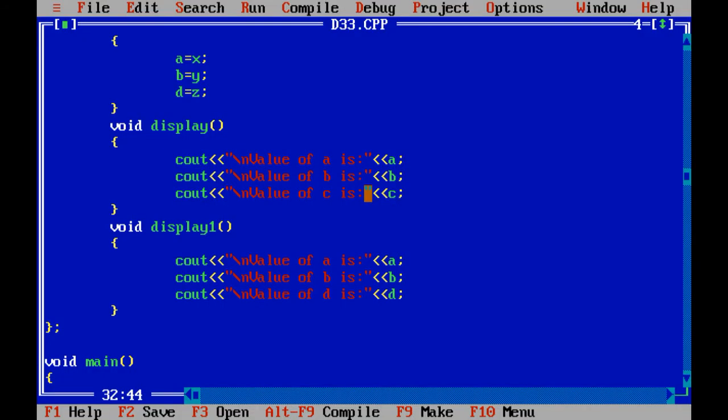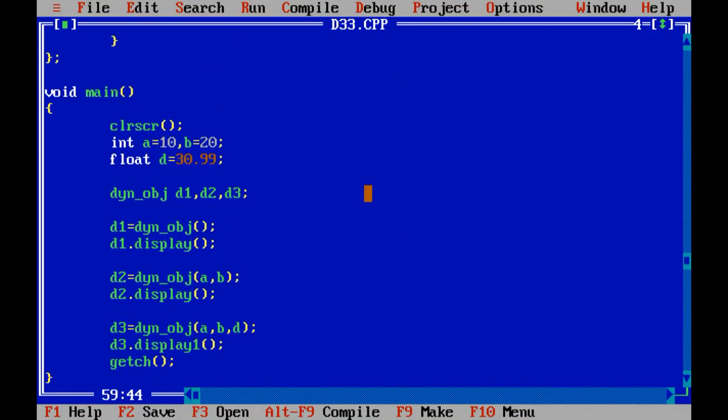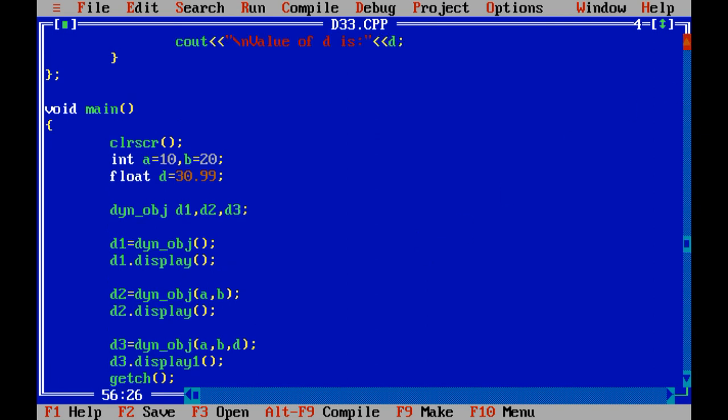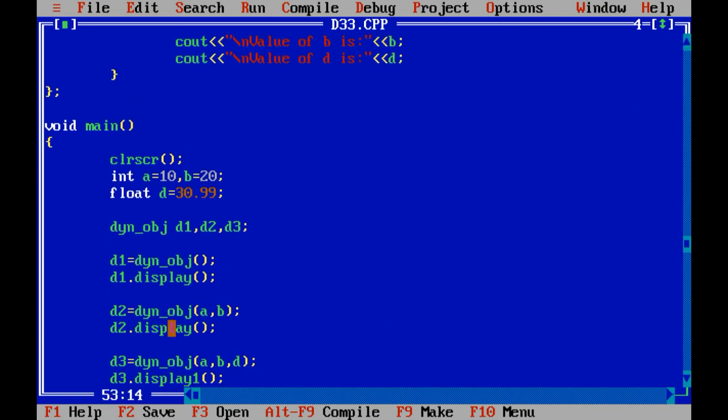And now it is time to execute the third object, but in the third object the first argument is integer, the second argument is integer, but the third argument would be float. So both the values of this object would be different.